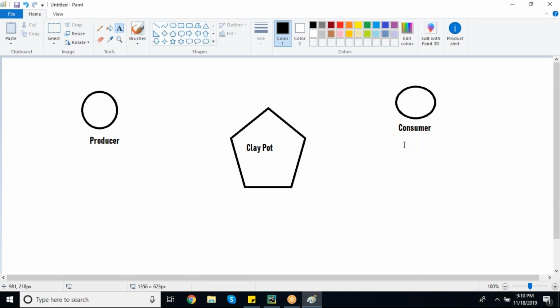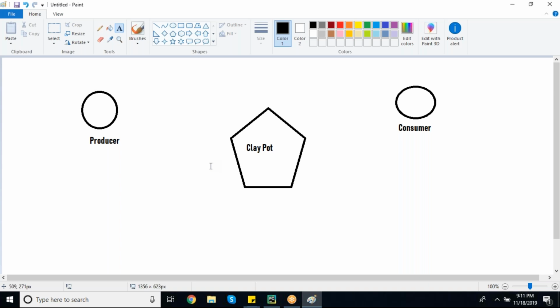For producer to produce the food and store the food, he needs one container, that is this clay pot. To consume the food, the consumer needs that same clay pot. Is that clear?